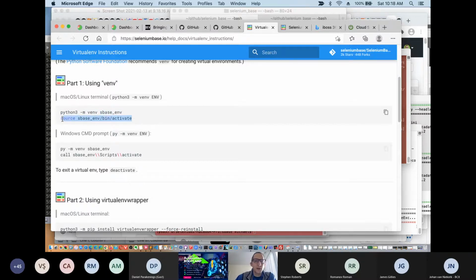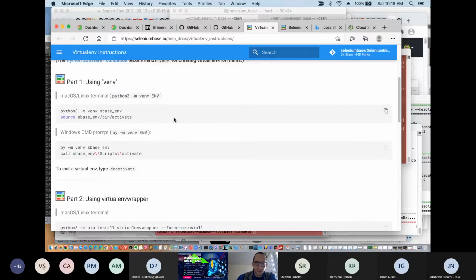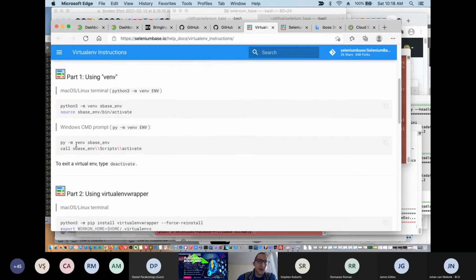And then you'd run a command, source, that name, /bin/activate, and that will activate the virtual environment. For Windows users, it's a slightly different command. You'd use py -m venv and then _env, for instance. And then you'd run a command called call, /env/script/activate, and that will also create your virtual environment where you can install Python dependencies without worrying about conflicts with